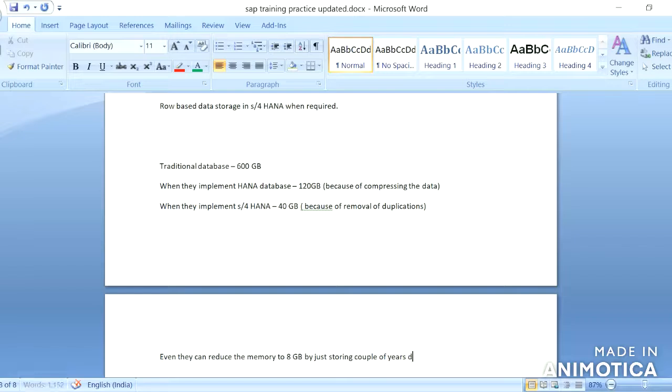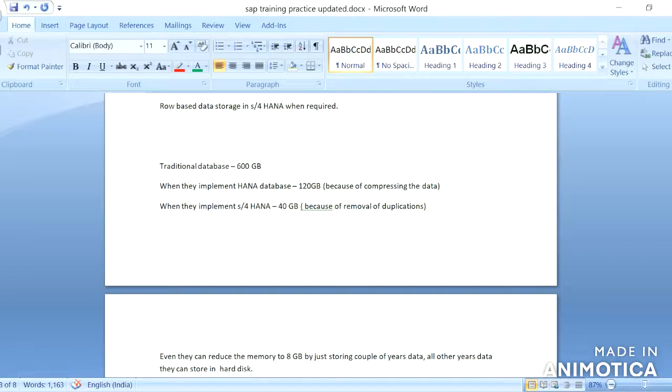All other years' data they can store on the hard disk. It is not that they can't use the hard disk; for storage purposes, they can use the hard disk. The current or recent data they can store in the RAM for having reduced memory.